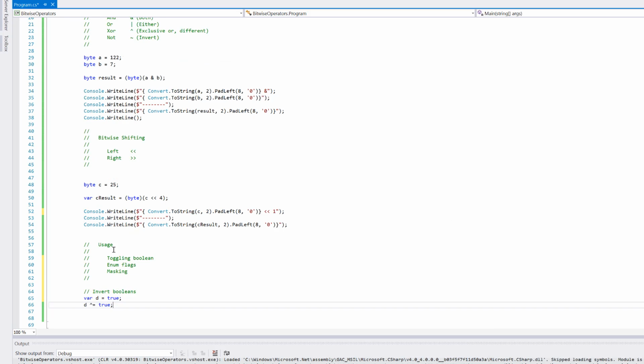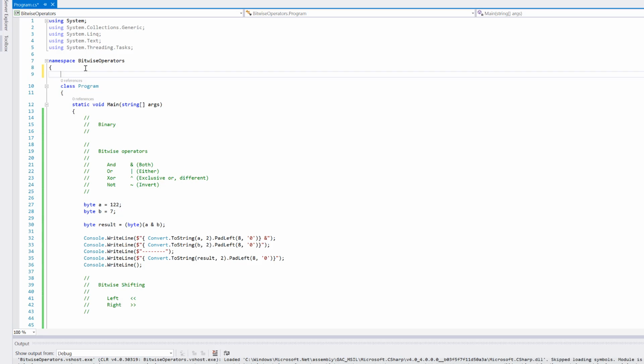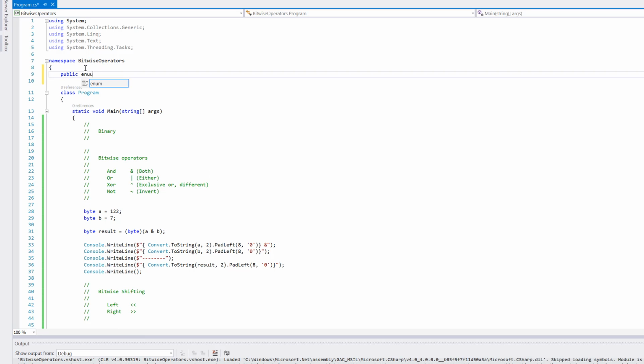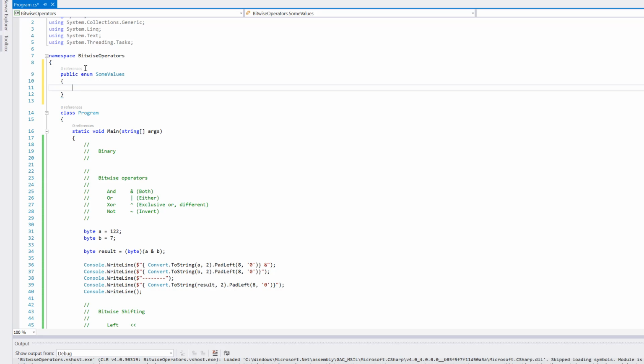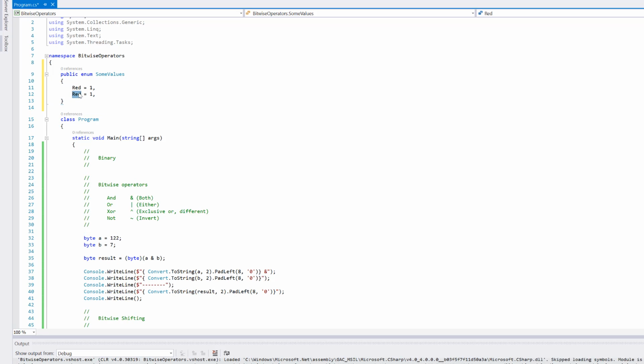So say you wanted, let's just create an enum, and let's think of something. I can't think of anything off the top of my head, so let's just give it some values. Let's give it some colours. We won't call it colours, we'll just leave it as values. This could be a list of colours that you like, and you're not limited to one, so you can pick any of these. Red is going to be 0. Well, actually, no, red will be 1. We'll leave the 0 as nothing. And then you could have, say, blue